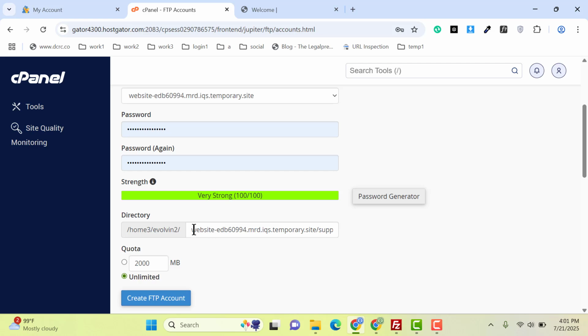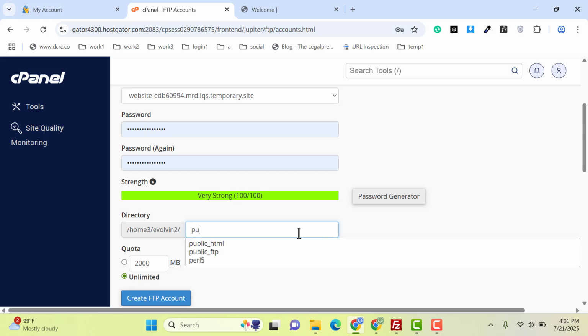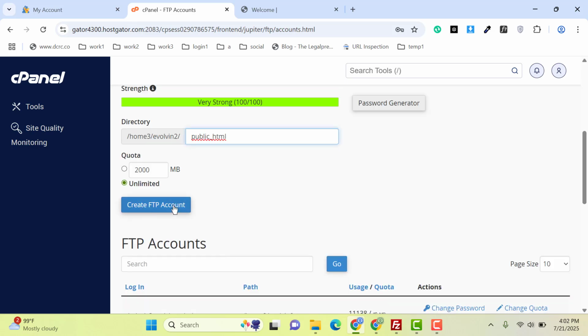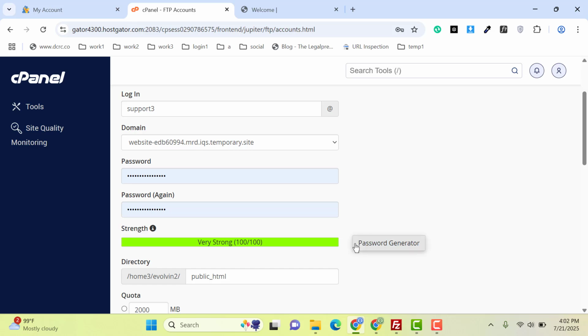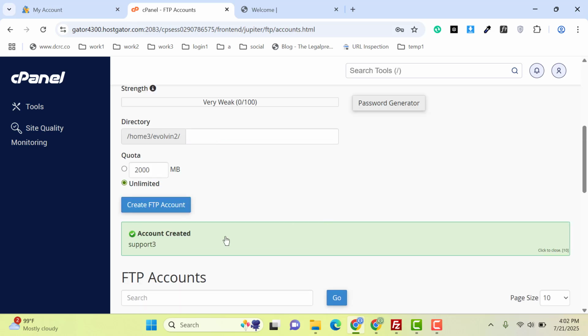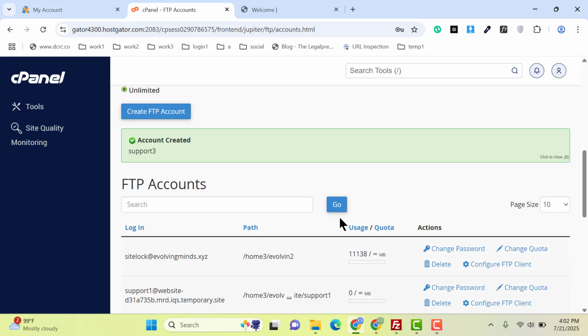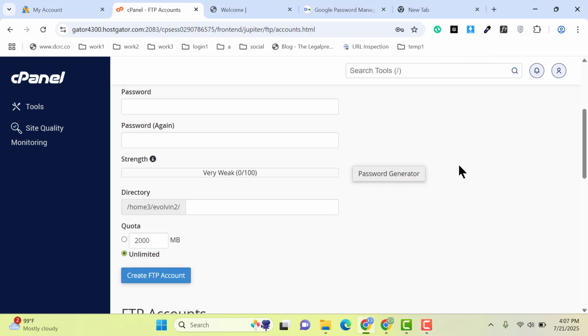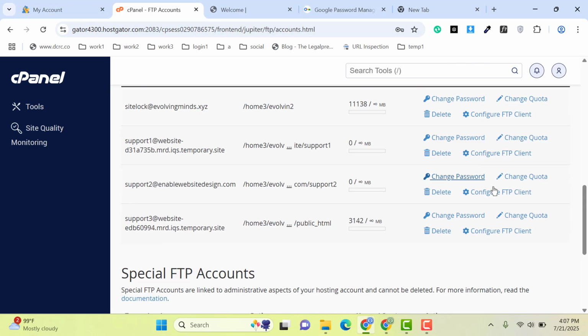So after that, let me scroll down and here we need to select public HTML. You can type public HTML, this one, select this one, then click on create FTP account. So now FTP account is created, and now after creating FTP account, let me scroll down and click on configure